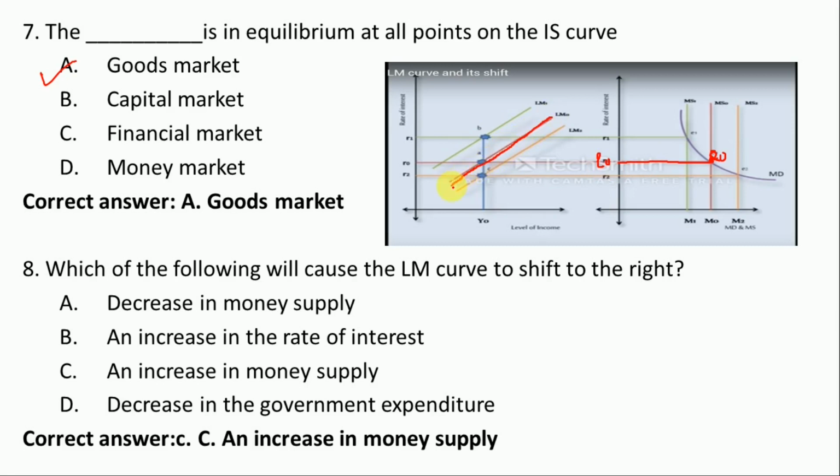But what happens into the economy when there is an increase into the supply of money? जब supply of money बढ़ेगा, supply of money curve shifts from MS0 to MS1, then what will happen? The equilibrium point will change from E0 to E1. It means the rate of interest is going to decline and the LM curve is going to shift to the right side. ठीक है, ये right side पे shift होता है LM curve. So the correct answer is C, an increase into the supply of money. As a result of that, the LM curve will shift to the right side.